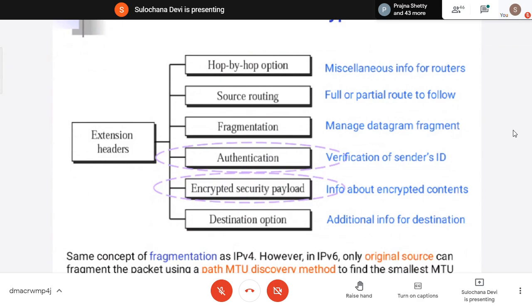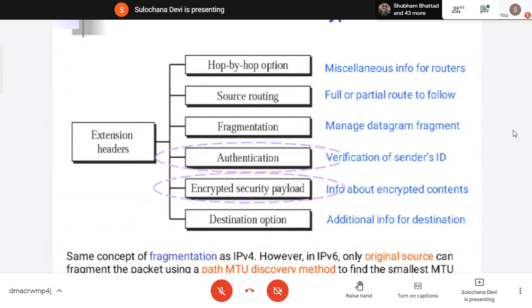And source routing is when you have to tell the complete path. If I have to go from here to Mahim, then I have to tell the complete path. Go to the nearest station, the station name, from that station to that station, that station to that station. So that complete path we have to tell. That is source routing. If I'm sending some packet in the network, I have to tell that from my router it should go to this router R1, to R2, then R3, like that. The complete path should be included in the header.